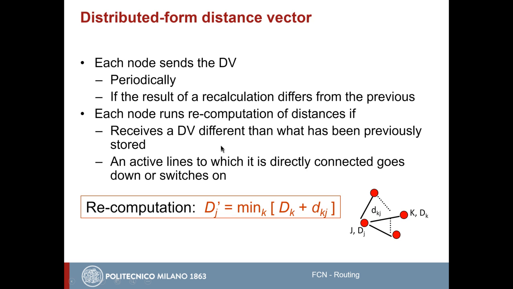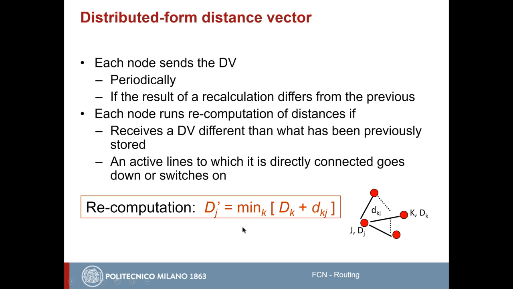So when the node receives a distance vector that is different from what has been previously stored, then it has to recompute the distances, or also in the case when this node acquires a new neighbor because a new link from the node to some other node is activated, or when one of the links connecting the node to its neighbors goes down or goes out of service, because in this case the neighbor becomes unreachable. So all the distances have to be